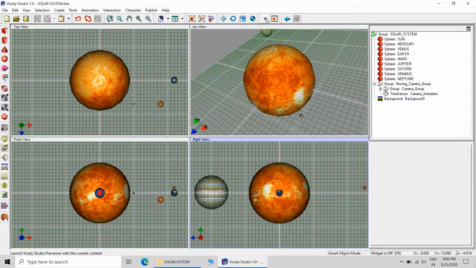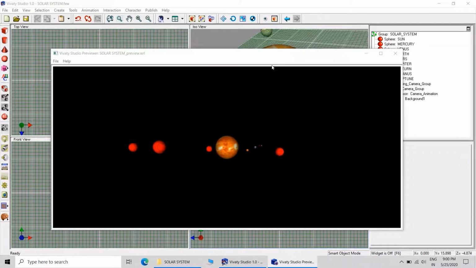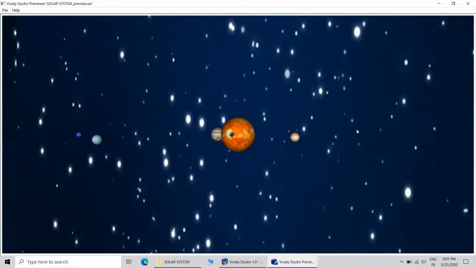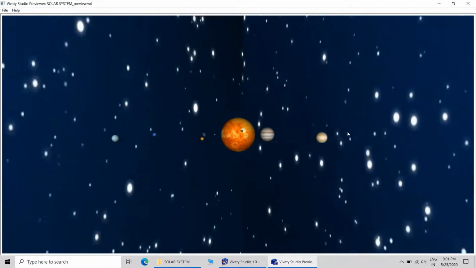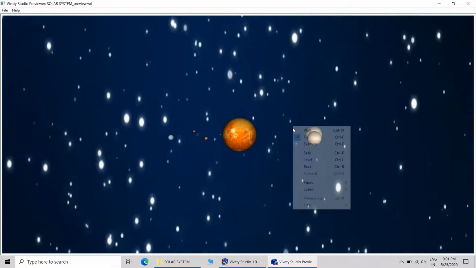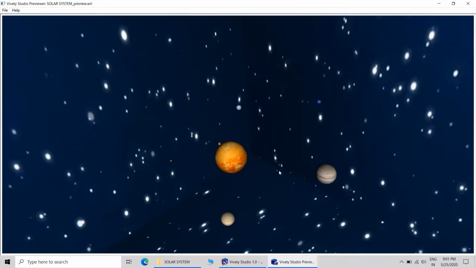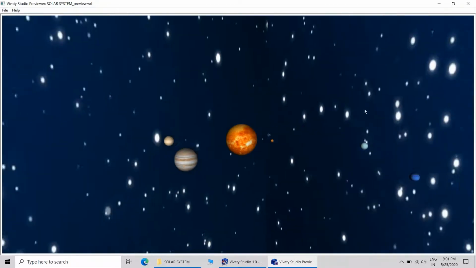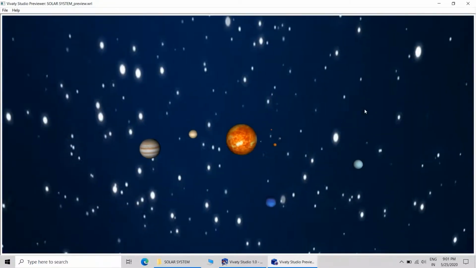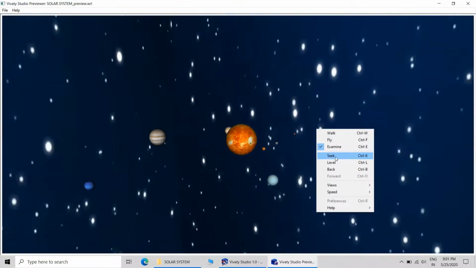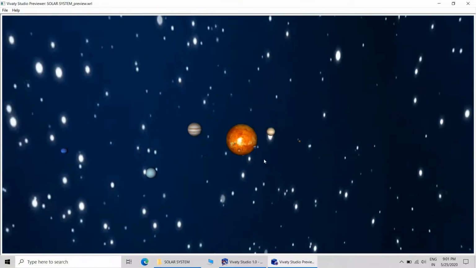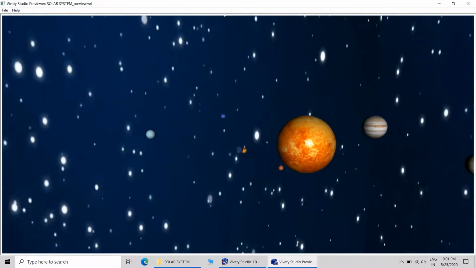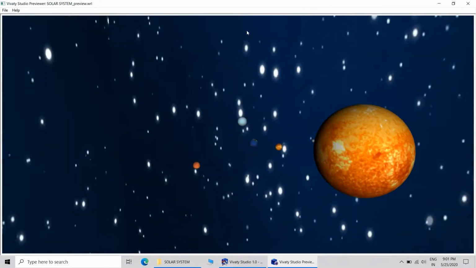This is a quick preview available in the Vivat Studio, and here you can see the texture. Texture is getting slowly applied to all the planets because the texture files are quite bulky files. So it will take some time to load all the files. And this is a bounded box from all the sides, from all the 6 sides. And this is how we can see all the planets.